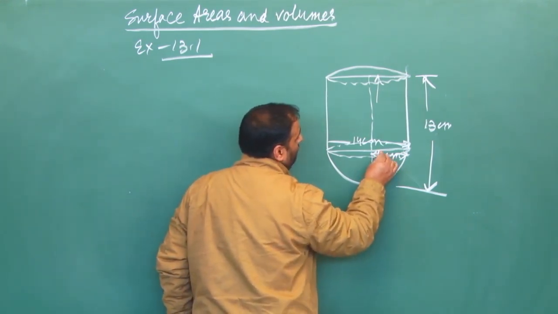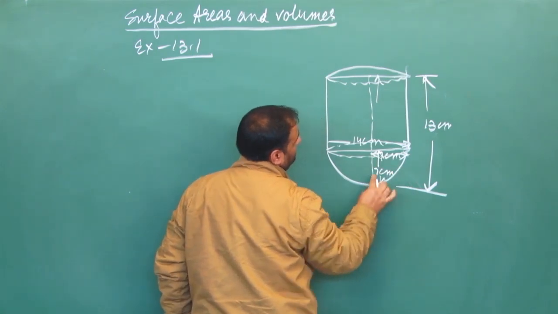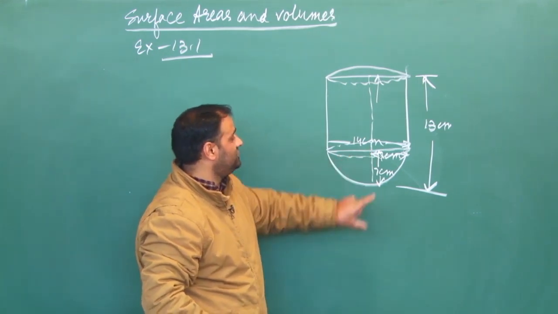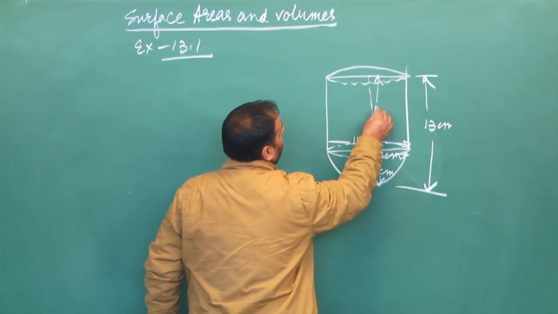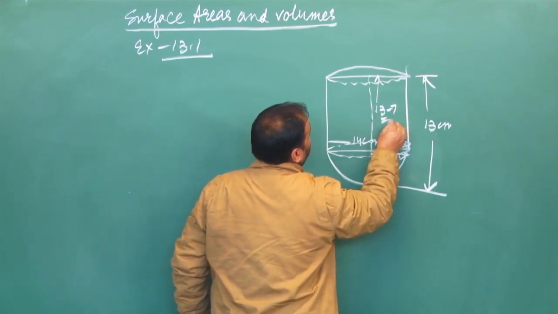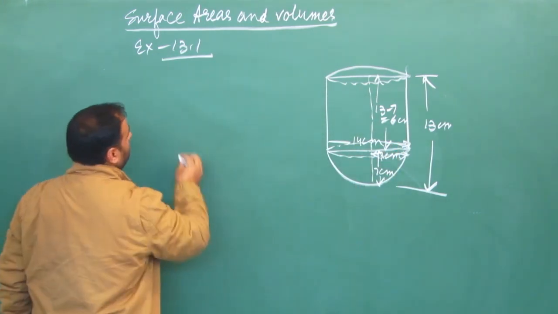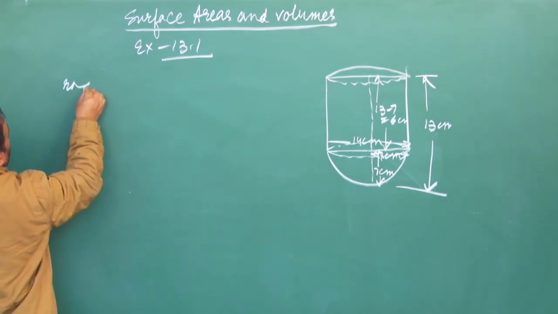So, from all the sides, the radius of the hemisphere will be 7 centimeter. If you subtract this radius of 7 centimeter of the hemisphere from the whole height, you will get the height of the cylindrical part. So, we can write it as radius of cylinder